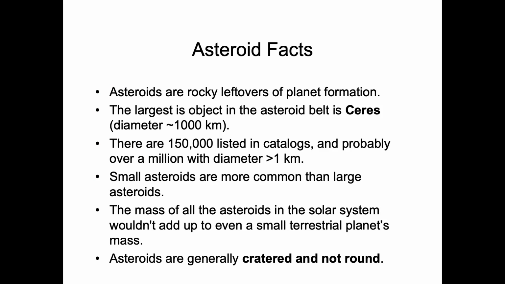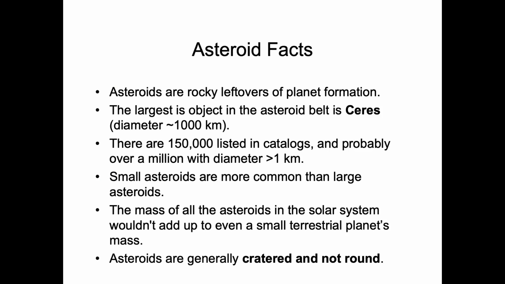And if we start to think about, well, how small are we talking here with our asteroids? If we're looking in the range of 1 kilometer, there could be well over 1 million of them, right? Millions of asteroids that are only 1 kilometer across, by comparison to Ceres, which is almost a sixth of the diameter of the Earth. Excuse me, a 12th of the diameter of the Earth.